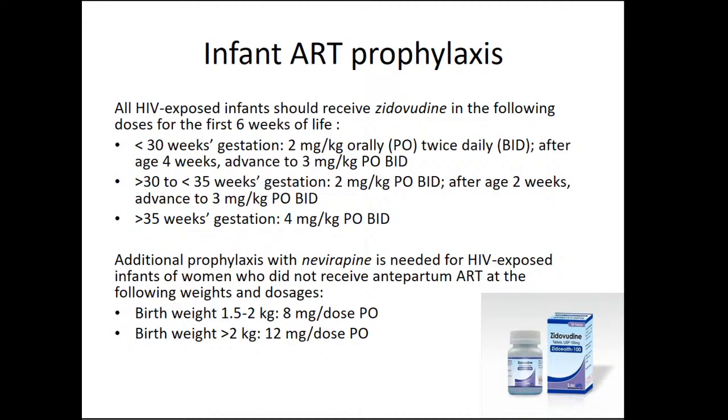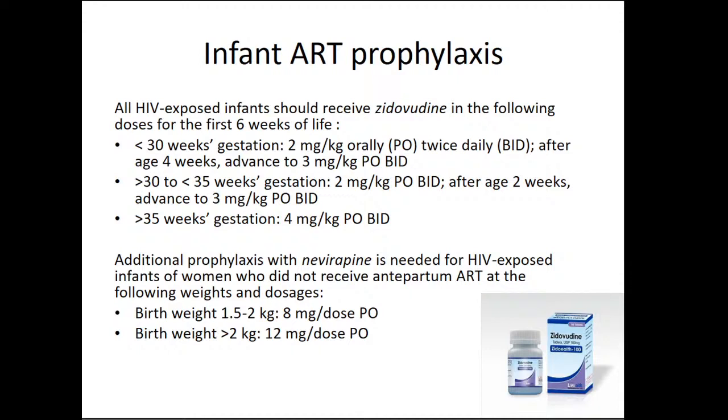If the baby was born prematurely but between 30 weeks and 35 weeks of pregnancy, the same 2 milligrams per kilogram of zidovudine twice a day, and in 2 weeks you can increase the dose to 3 milligrams per kilogram. If the baby was born after 35 weeks of gestation, you can start zidovudine 4 milligrams per kilogram twice daily, orally